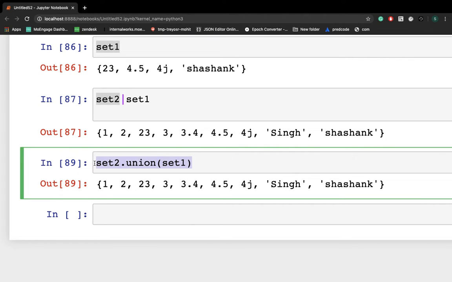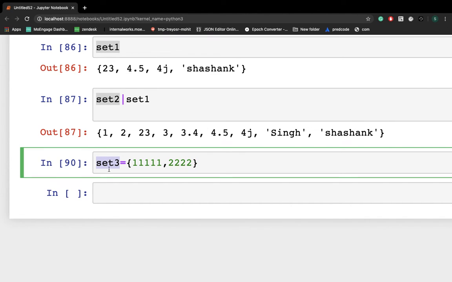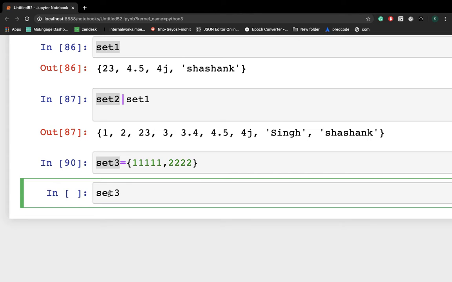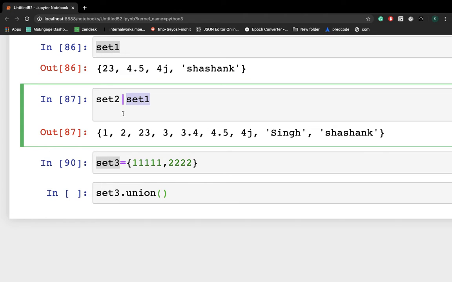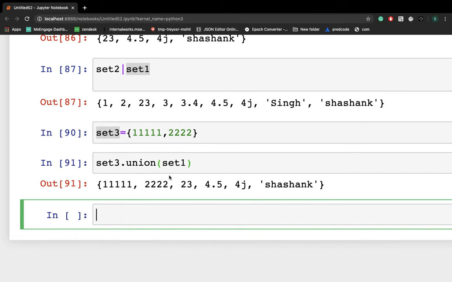So let me declare set3 equals 1 1 1, 2 2 2. So this is my set3. So let me do set3 dot union, and now I'm writing set1 here. So you will get the union of set3 and set1.